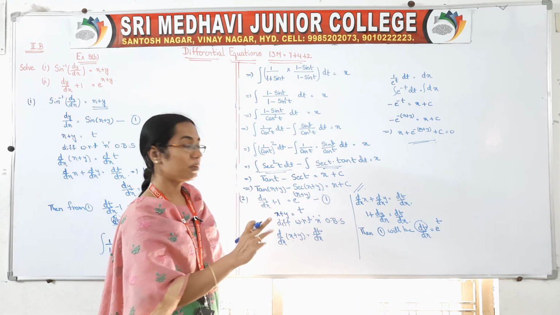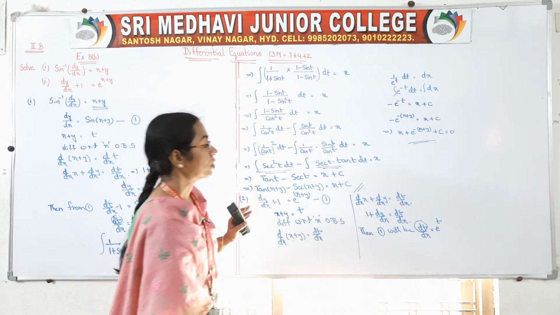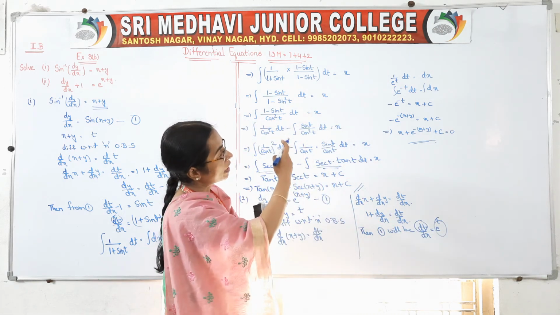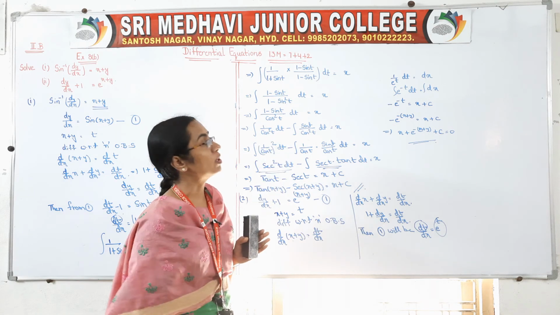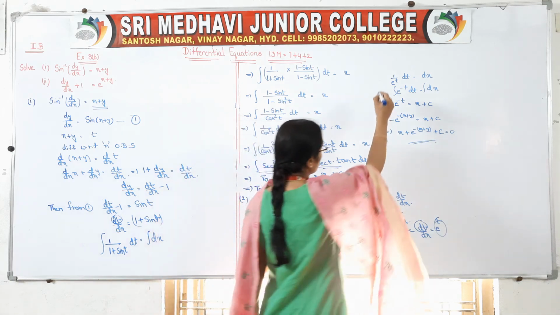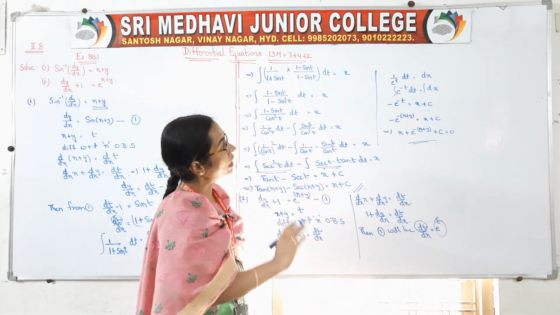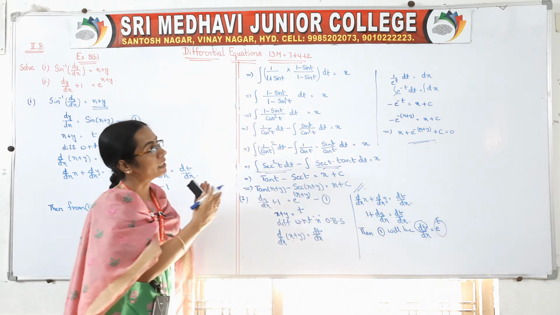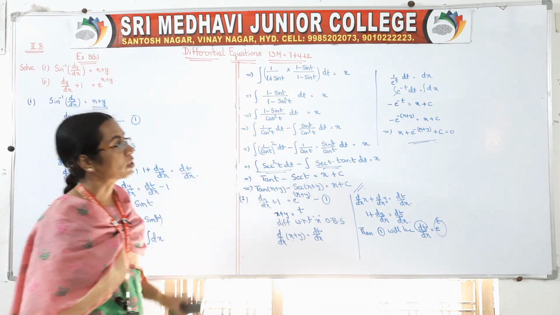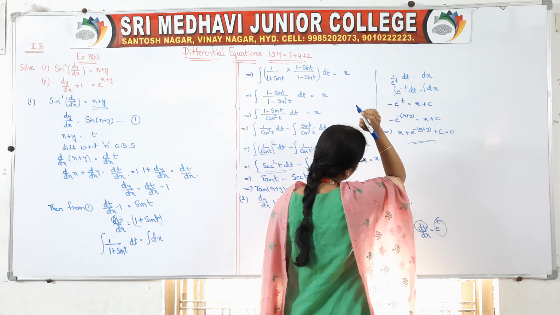So e to the power of t means it is a t term, right? So all the t terms should come along with dt. So send this e to the power of t to this side along with dt. That's why if we send it to that side, it will be 1 by e to the power of t dt, and dx is downwards, send it to the other side. Okay, so you got 1 by e to the power of t dt is equal to dx. Once the variables are separated, all the t terms into dt and x terms into dx, you take the integral, and 1 by e to the power of t can be taken as e to the power of minus t, and its integral is minus e to the power of minus t.